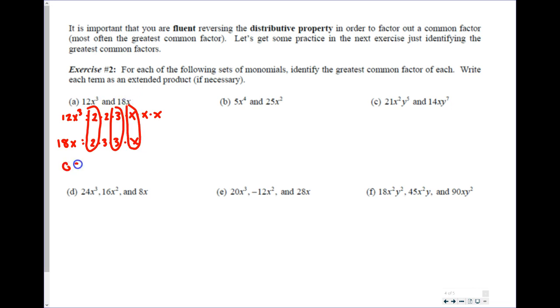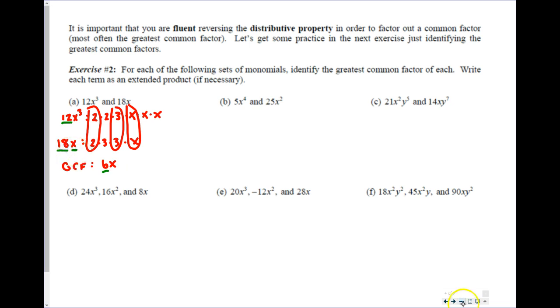So I got that my GCF here is 6x. Okay, now, could you have done that by just looking at the 12 and the 18? What's the GCF of 12 and 18? It's 6. And then the way to do that with the x's is, do you see how there's only one